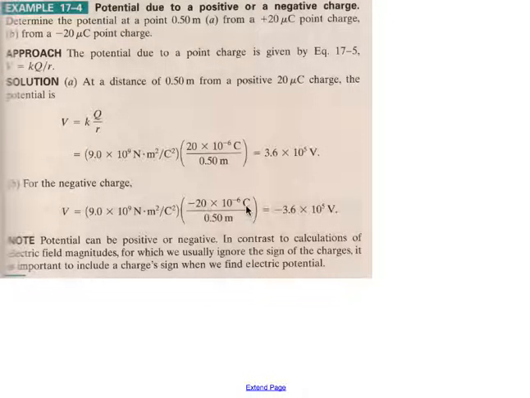Okay, so this is the first set of video examples in chapter 17. So this time we're looking at some potential energy or voltage problems in electricity. So let's see what we have first. So first our problem says,